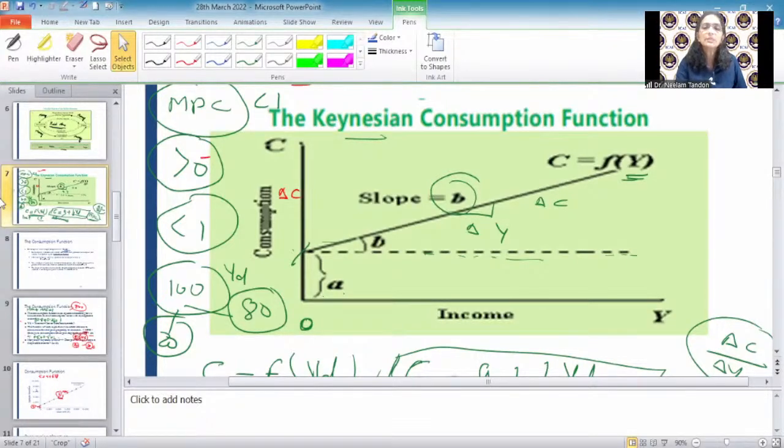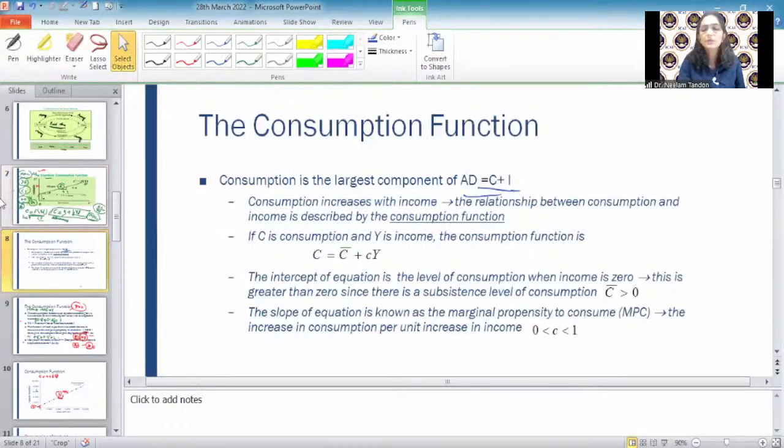और हमेशा मार्जिनल प्रोपेंसिटी टू कंज्यूम, जितनी आपकी इंक्रीज इन इनकम होगी उतना आप 100% कंज्यूम नहीं करेंगे। आपकी इनकम अगर 1 रुपए बढ़ रही है तो हो सकता है 0.99 स्पेंड करें, 0.01 सेव करें। तो डेफिनेटली यू आर गोइंग टू सेव सम परसेंटेज ऑफ इट, यू विल नॉट स्पेंड द एंटायर। तो इसीलिए कहते हैं एमपीसी इज ग्रेटर देन 0 बट लेस देन 1। ठीक है, तो कंजम्पशन फंक्शन इज क्लियर।